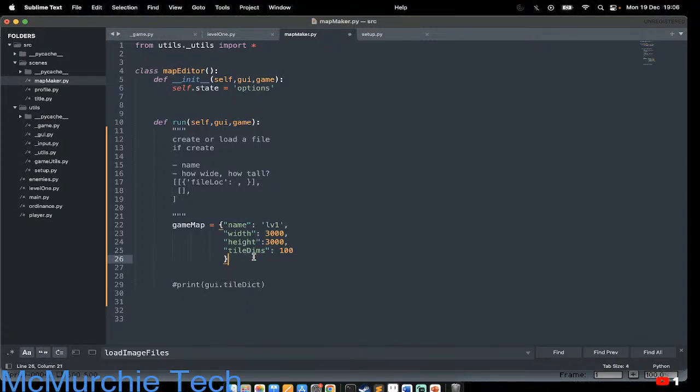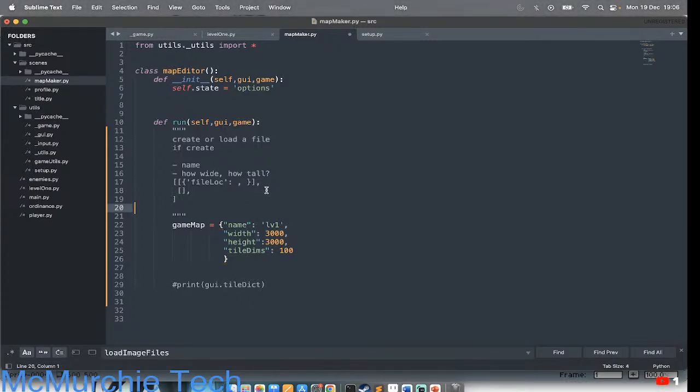So what I want to do is get these things from them. So what do I need to know? I need to know what you're going to call it. First of all, I need to know, are you loading or creating a file? We'll start off with just creating a new one. Then it'll ask for the name, what the tile dimensions are, and then what I'm going to make it do